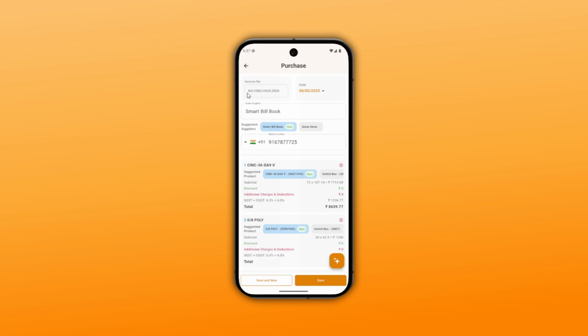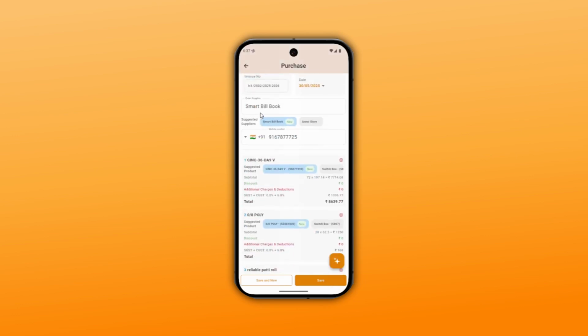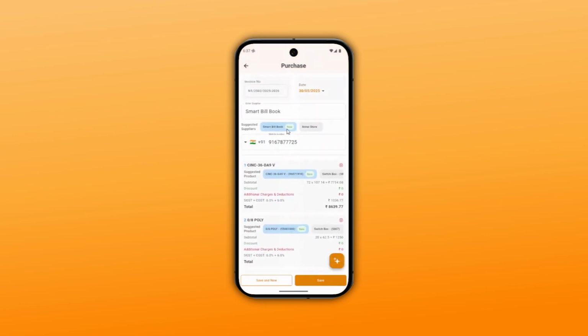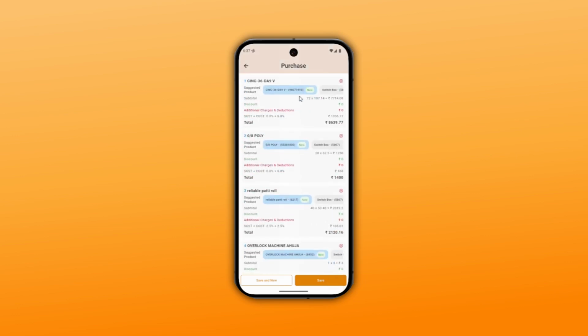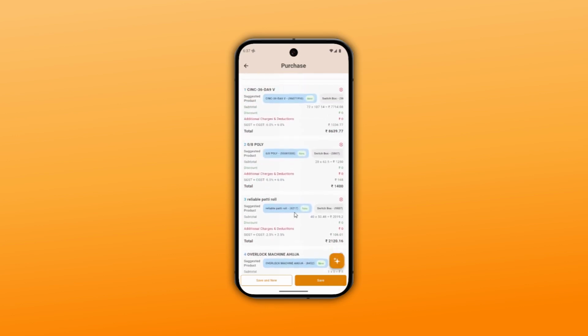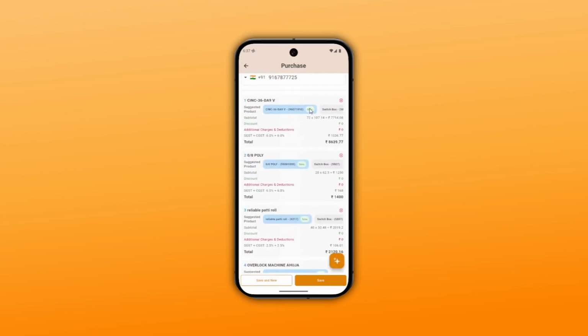So here if you see, the invoice and the date got automatically updated, and the supplier got automatically added. The ones you are seeing marked new are the ones which don't exist in our system. This supplier is not added, so that is why we are getting a chip called new. Similarly, we have multiple products here, and for this specific product we are seeing new, which means